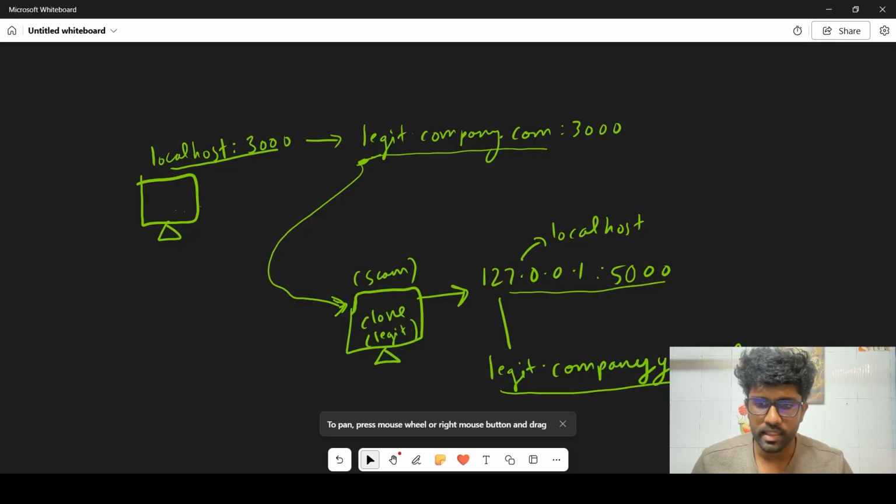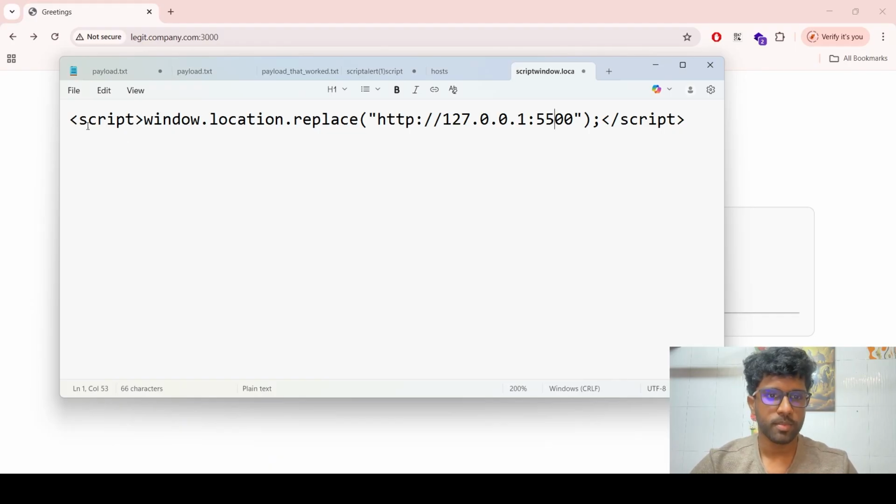Let us see this in action, but before we do that, I'll have to make a small correction. Our malicious clone is actually hosted at port 5500. Now let's examine this payload. This script simply changes the window location to whatever URL is written here, in port 5500, where our clone is hosted. So if we are to copy this